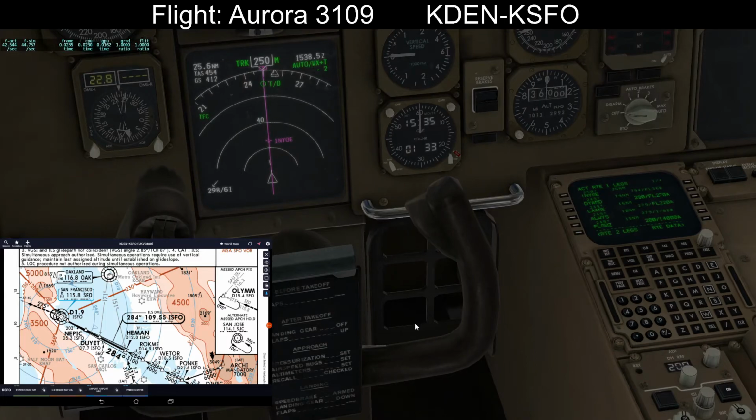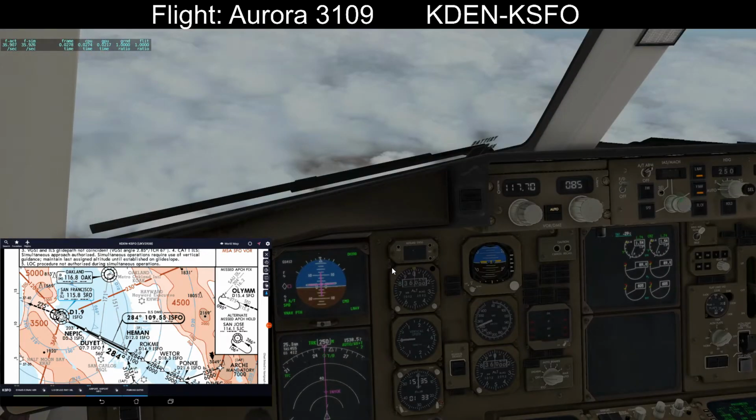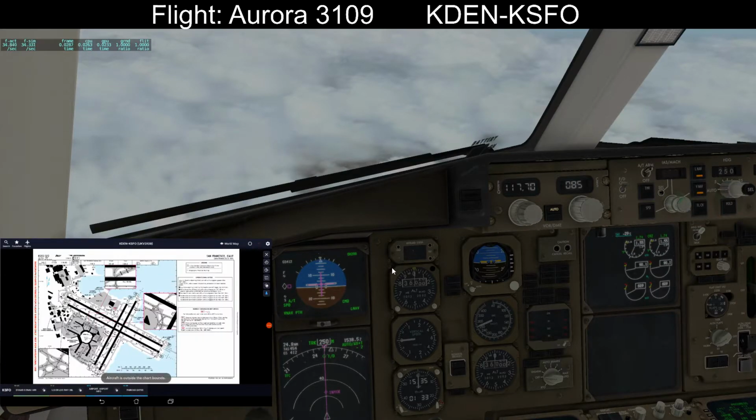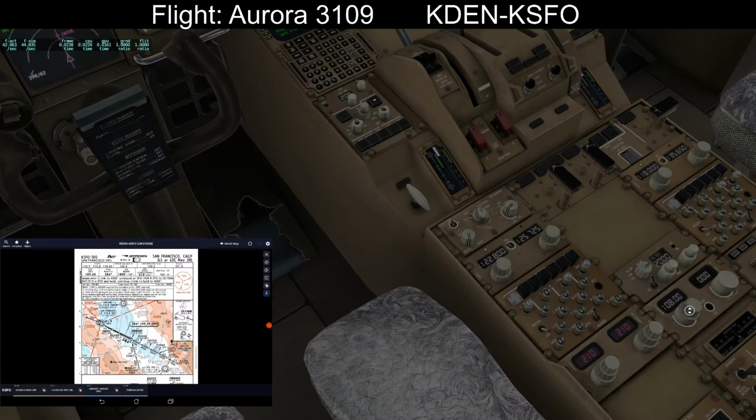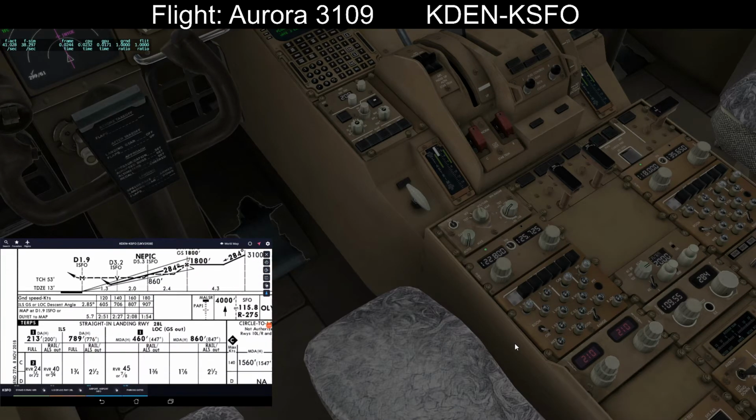Arrival today. Nothing seems to be joining us in San Francisco. There's something that's going to be there about 15 minutes before us, but nothing crazy. We'll just check the ILS frequencies actually. 109.55, so 109.55, and the course is 284. And decision height is what we have to enter in this aircraft, which is